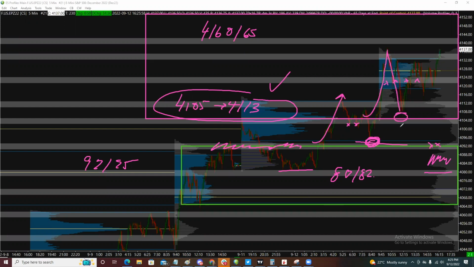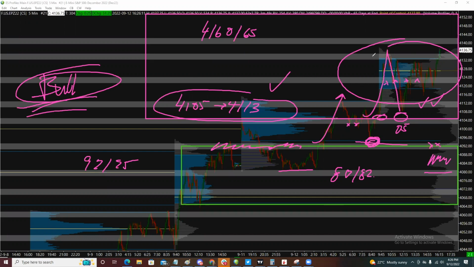We hold out into the 05 region, not once, but twice, to continue to accept into this distribution, which keeps us on the bull side, right? Bullish all day. Yes, you can look for fades, but these key areas are going to be higher probability longs